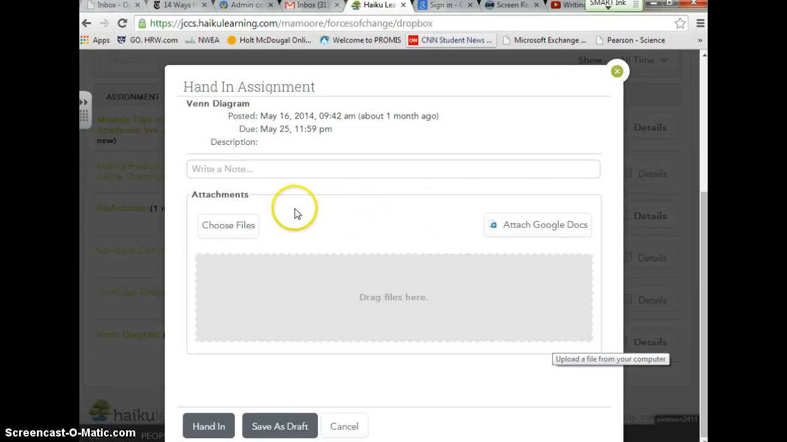And you have 2 different options here. You can see that you have choose files, which would pull from Word documents or PDFs that you have saved. But if you're using the Chromebooks in my classroom, you're going to have to pull from Google Docs because the Chromebooks don't necessarily allow you to upload Word documents. What they do, but that's a whole different story. So you would click on Attach Google Docs,